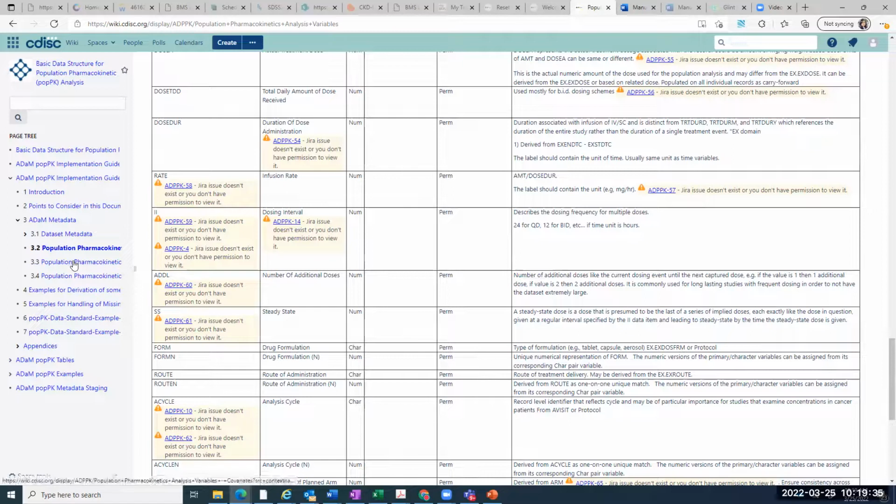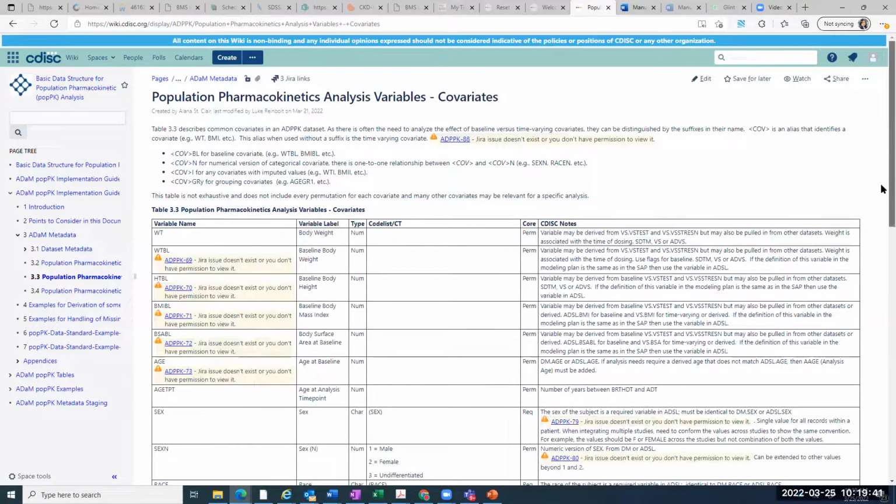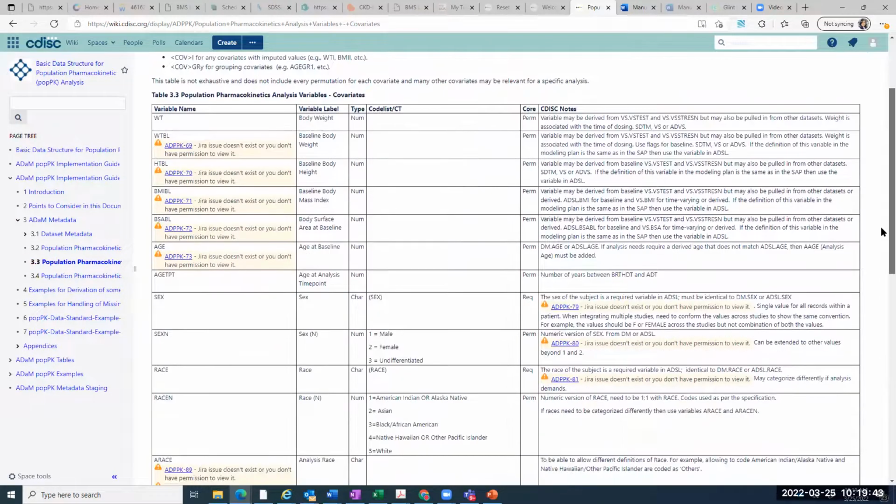So maybe let me go to the covariates. Yeah, so code list for, for the numeric, the decodes basically, one would be male, two would be female, and same with race. Main reason is, again, we want everybody to program. The intent is to use the same